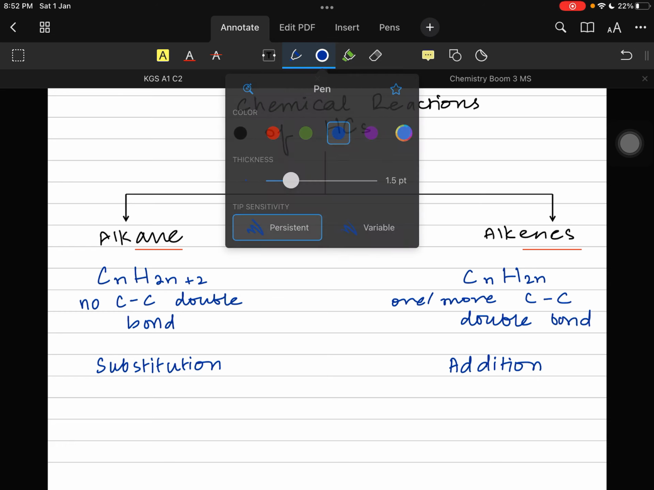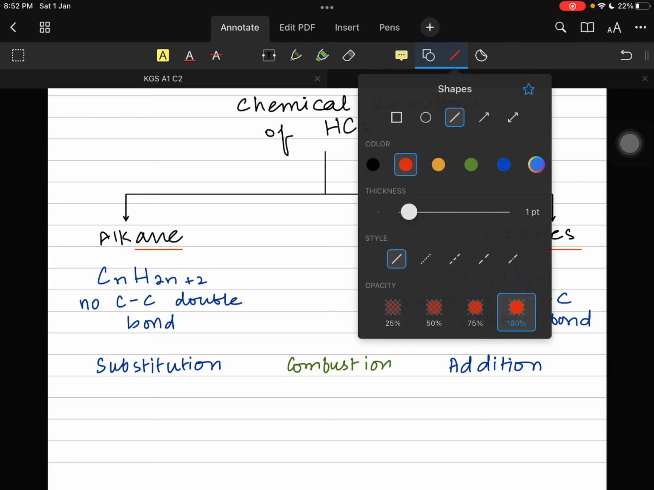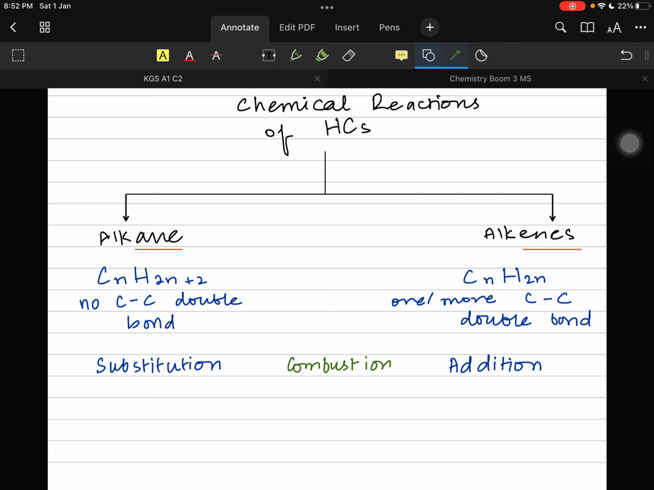The common reaction between them is the combustion reaction, which is applied by both. I'll make a line over here. So both of those give the combustion reaction like this. But when we talk about alkanes, it's substitution. Alkenes have addition reaction. We'll talk more about these, but particularly right now we are talking about combustion, which means reaction of a substance